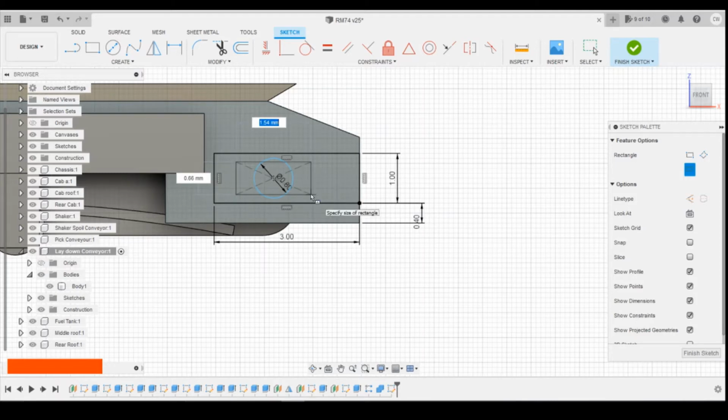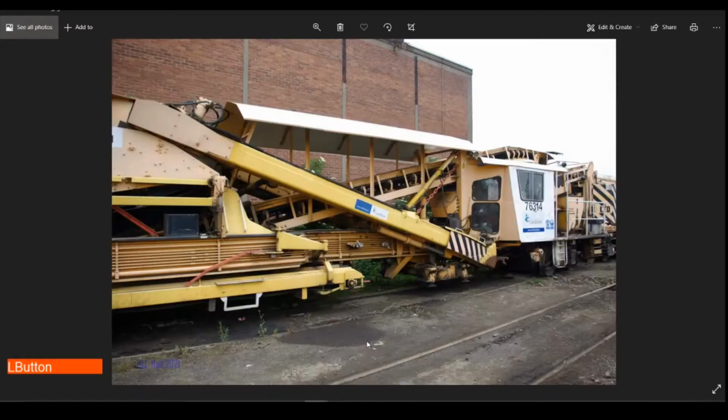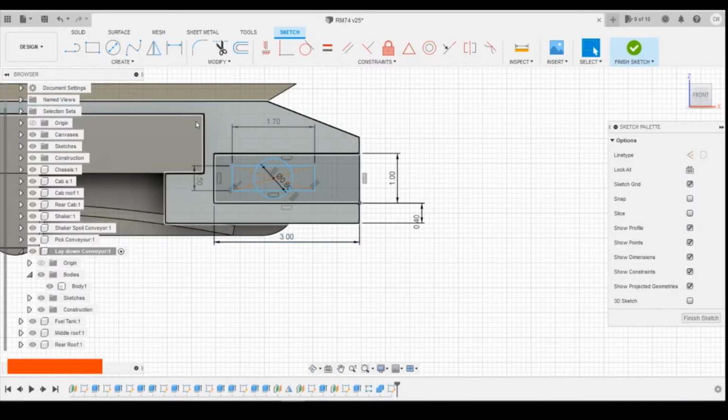So 1.8, 1.7 long, 0.5 diameter. And yeah, it's fine. Not too worried about the rod coming out the side here. What I'm going to do is